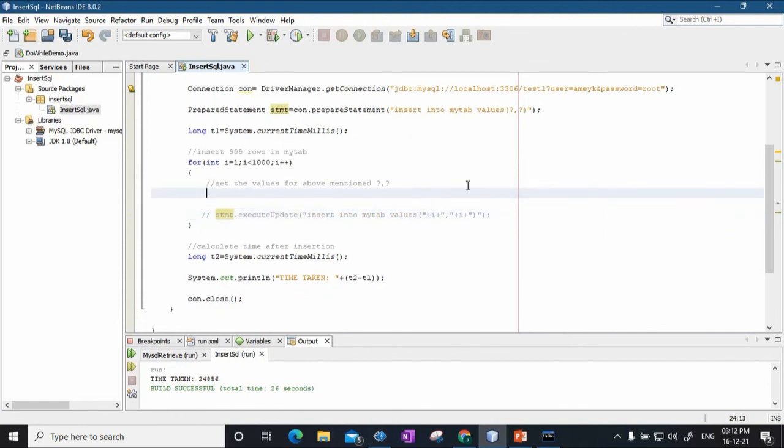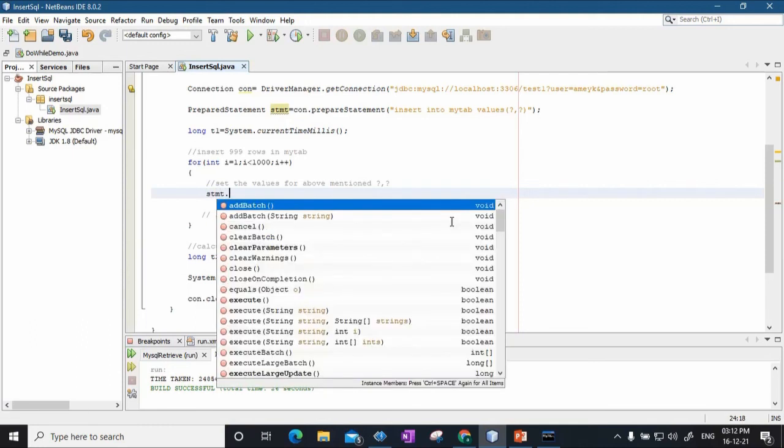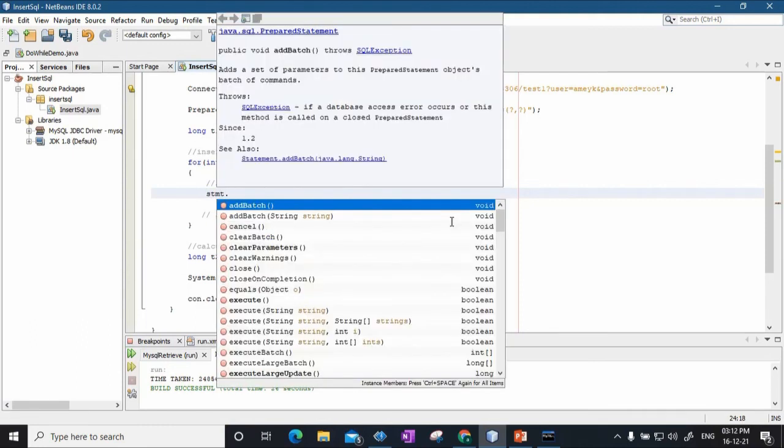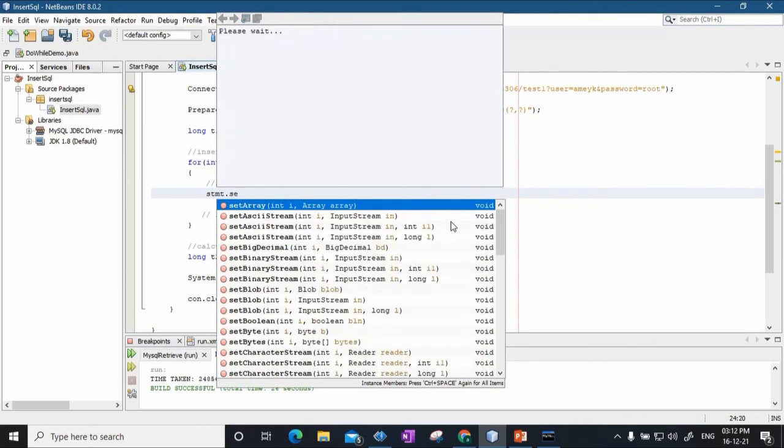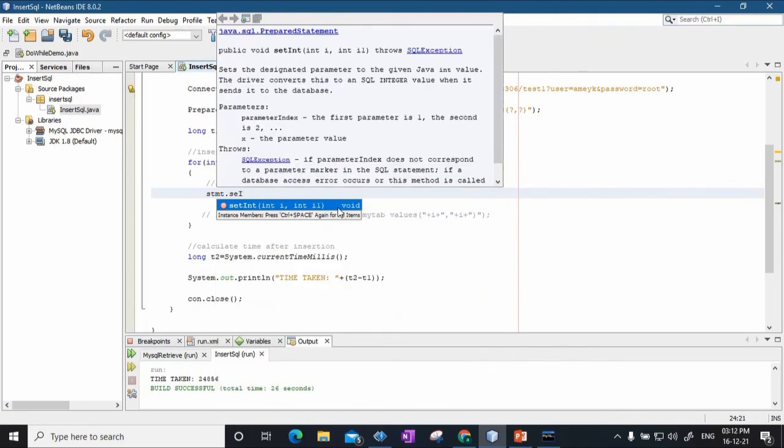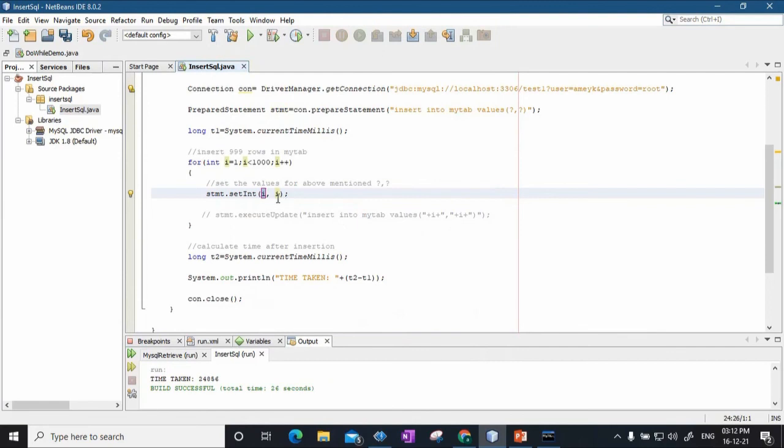Now for the prepared statement, the name of the statement is stmt again. stmt dot I will use the setXX method. So I'll say setInt. Why int? Because both are integers. setInt i, where the first argument represents the column.